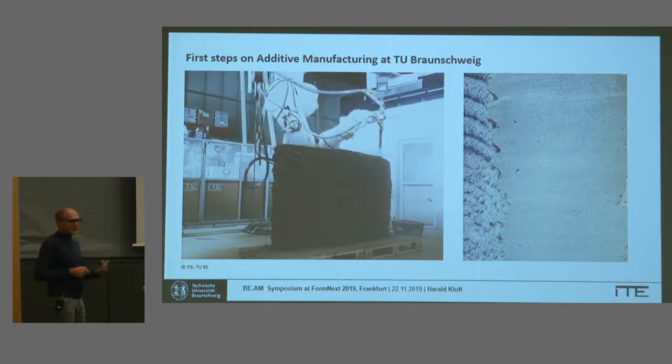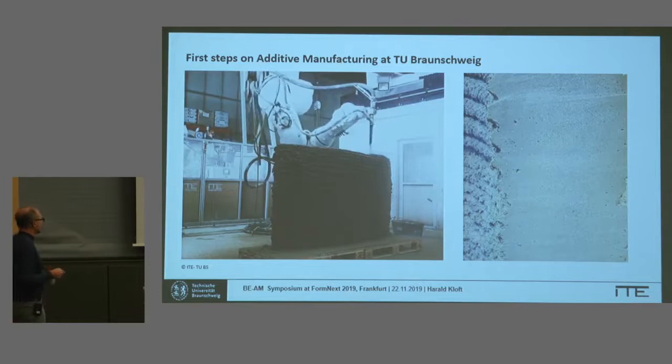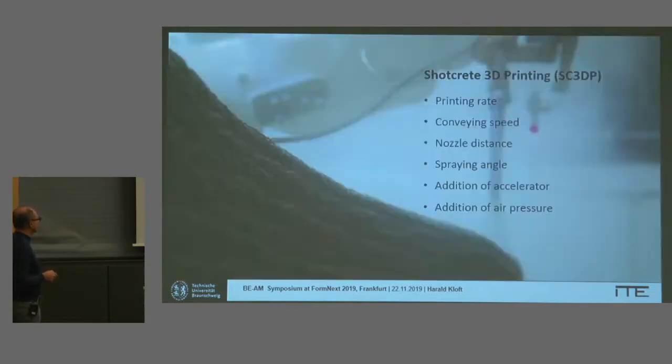So the compressive strength of the shotcrete material is just better than the poured concrete construction. And then we started to do this really in a kind of research program. So we had a lot of parameters to guide: the printing rate, the conveying speed, the nozzle distance, the spraying angle. Then the major thing that we developed was the addition of accelerator,